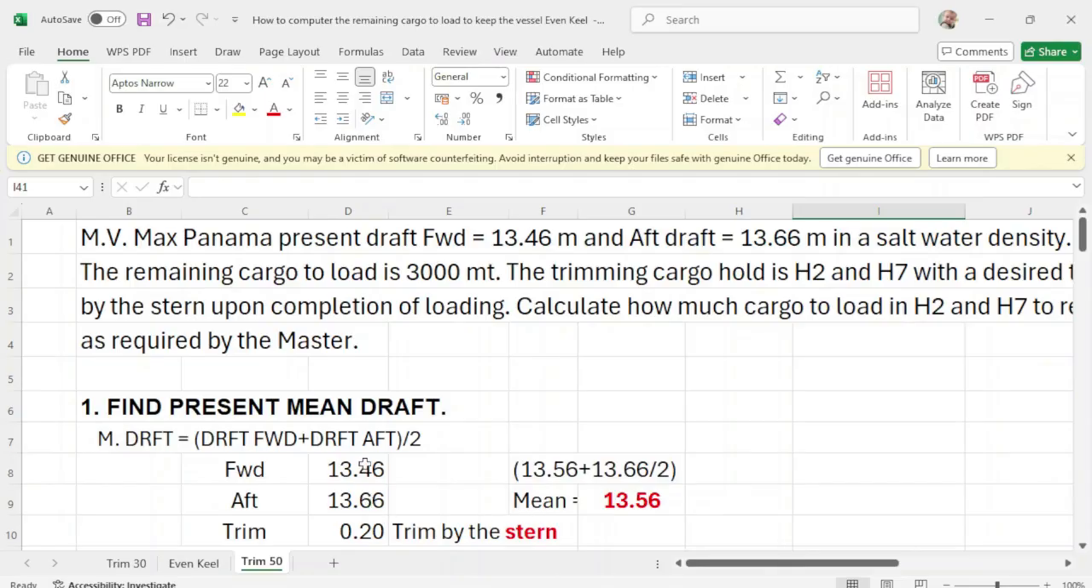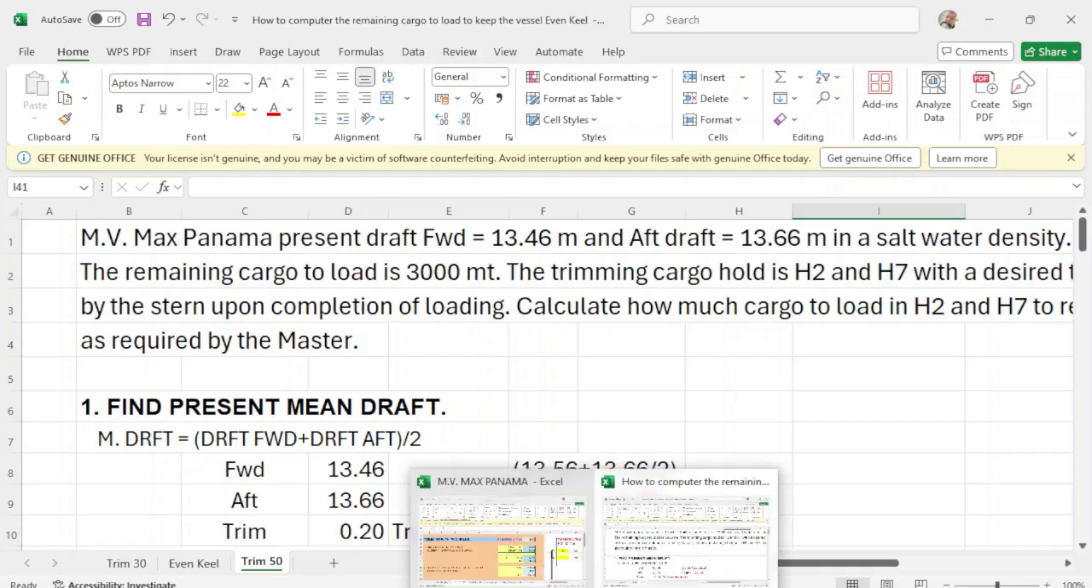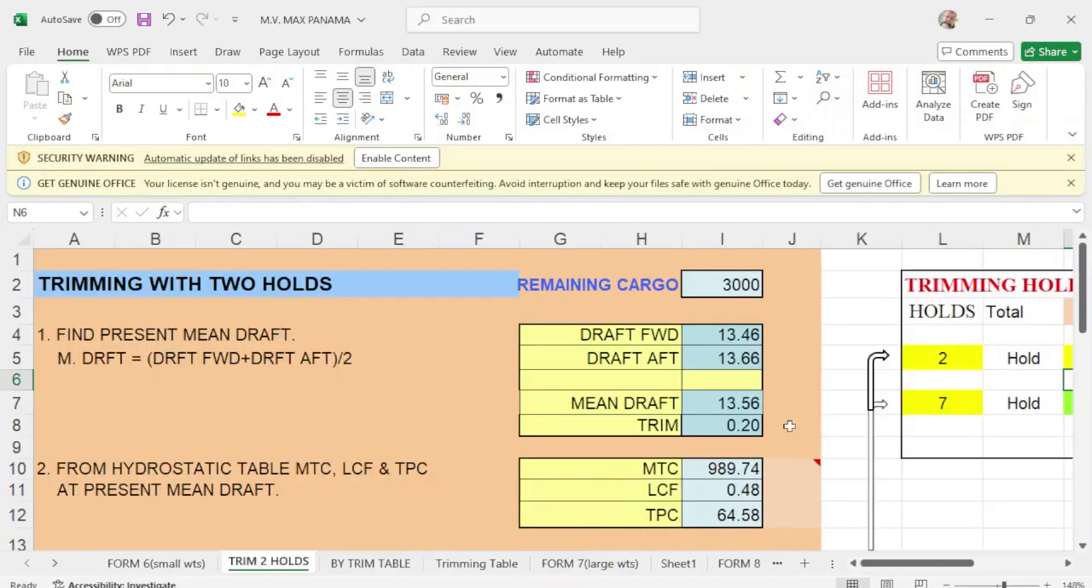So you put your forward and up drop. This will be your present trim. You add forward and up, divide by 2. Then your mean drop is 1356. Okay, which is this one. 1356. Okay, this is your trim of 20 centimeters. Okay. Then the next,